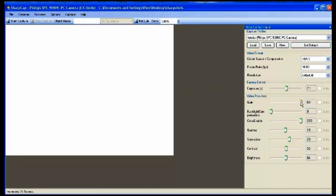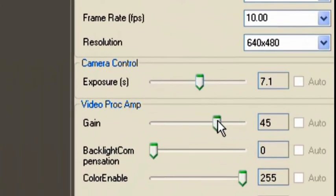And what we're going to do next is back the gain off. Now for deep space, I've found if I try and keep the gain quite low down, not way up here, I tend to get a better result at the end. You get less noise in your image and everything. So I tend to try and keep this below 46. You know, 46 I would say is my maximum. So just back off with your gain a little bit and compensate by taking your exposure up,